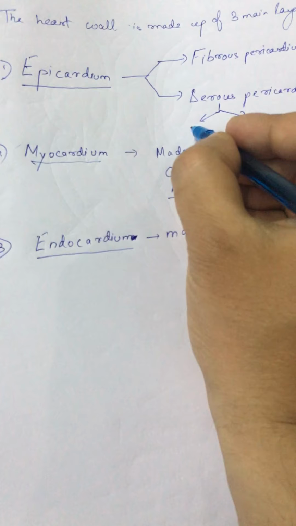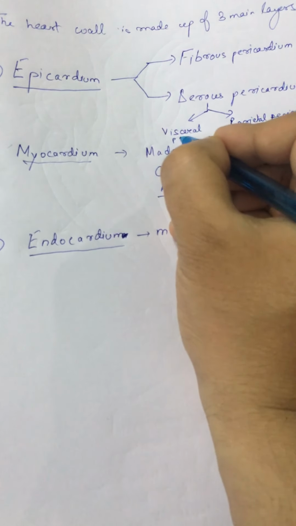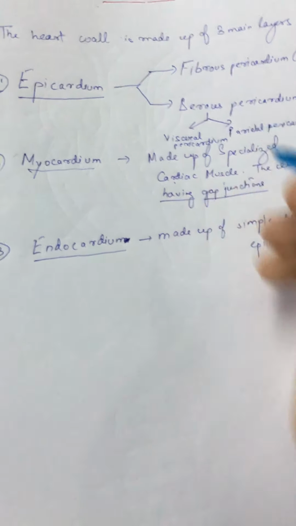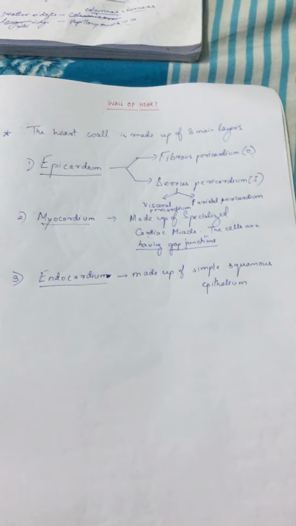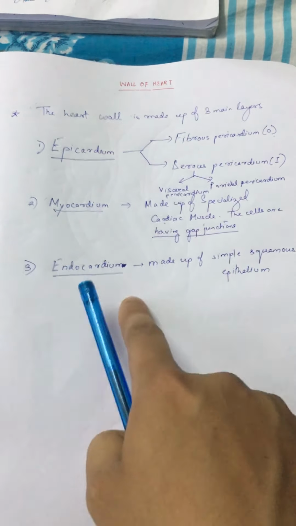And the innermost layer of the serous pericardium is called the visceral pericardium. Okay, so now I will be drawing all these layers of the heart wall in a schematic diagram,